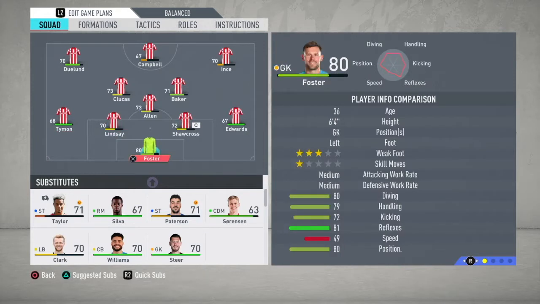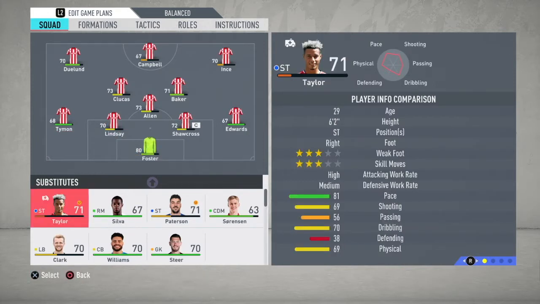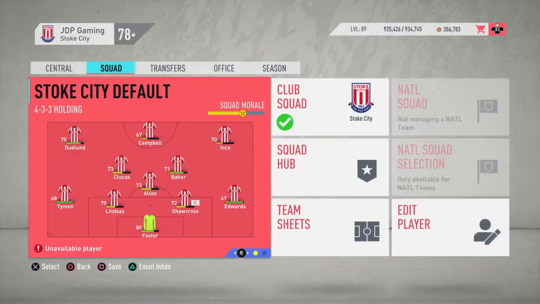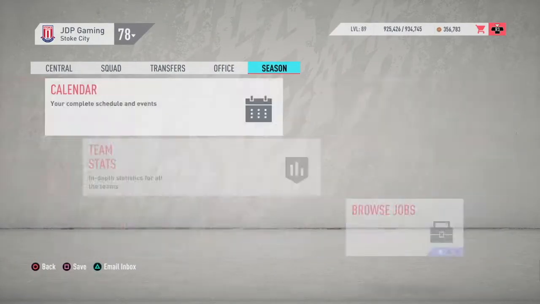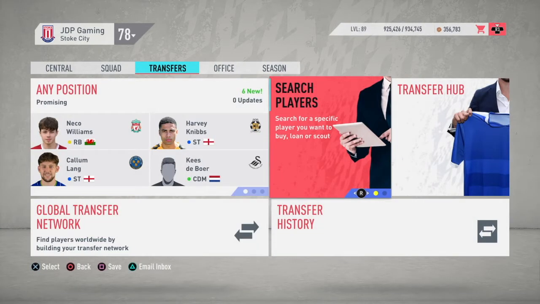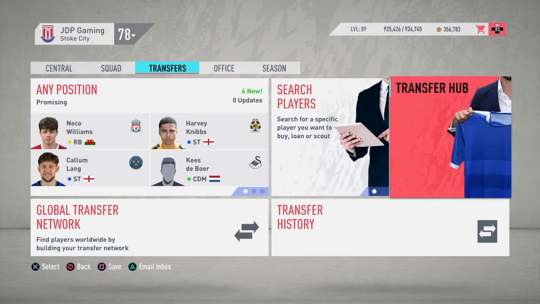The main one being Lyle Taylor. We signed him without knowing he was injured, and for 5 weeks as well. I thought it was my fault. Maybe I was a bit ignorant and I didn't notice it, but actually no, it wasn't my fault. Didn't see it anywhere. The only way I'd have noticed it is if I went into search players and then